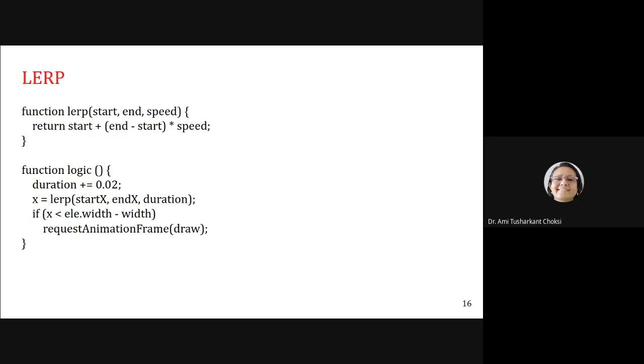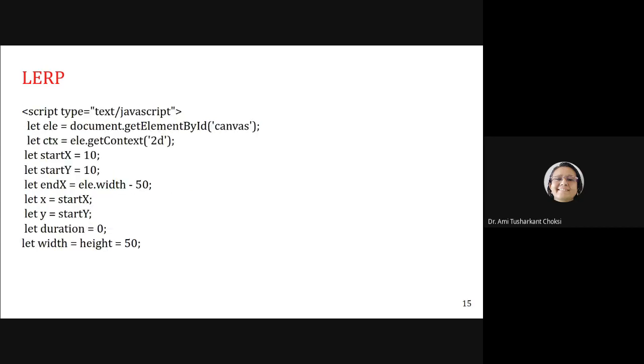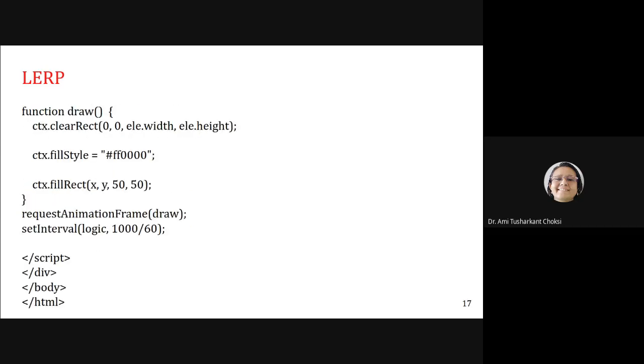Whenever x is less than the element width minus the width, if it is less than this difference, then we are requesting the animation frame and calling the draw function.